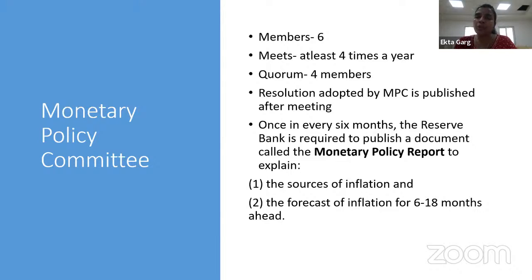And the RBI is also mandated to publish a document called the Monetary Policy Report, right, every 6 months. In this report, they have to mention the sources of inflation in the economy, and also their forecast of inflation for the next 6 to 18 months ahead, right? So the Monetary Policy Committee is a very new committee, and it has been given the very big responsibility of ensuring price stability in the economy. Next,